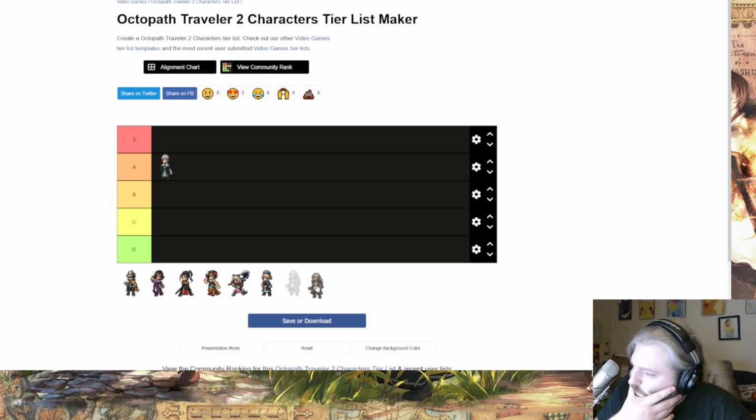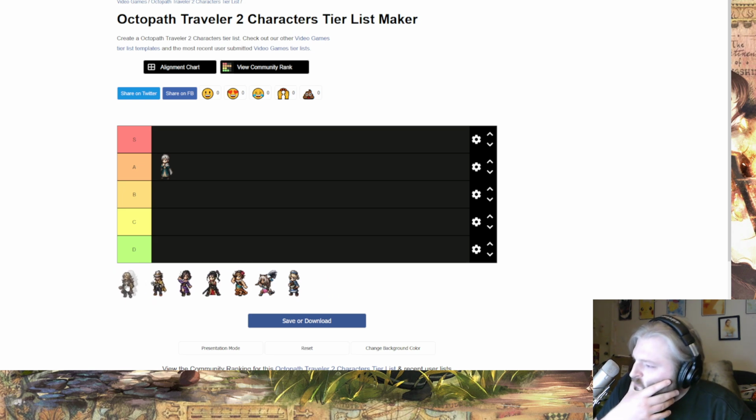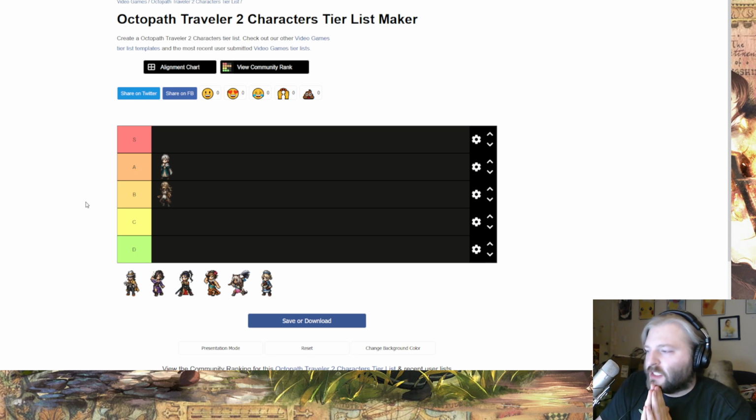Oswald, I think he's B tier. I think he's worse than Temenos. I mean, Scholar's decent. That's why he's kind of good. His latent power does make damage go up, but I don't know, man. It just feels like